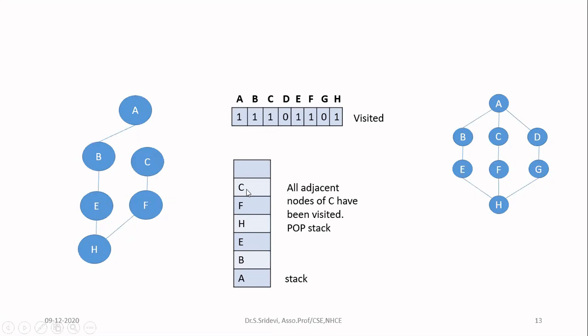Next, I have to check the top of the stack. On the top of the stack, I have C. So go and check the neighbors of C. For C, we have two neighbors, A and F. Now, if you check the visited array, A is visited. F is also visited. That means you cannot now proceed further with node C. It means that you have started from A, you have reached the final depth. Further, you cannot go down because you reach the last depth in that particular direction. So you have to now go back to the previous node.